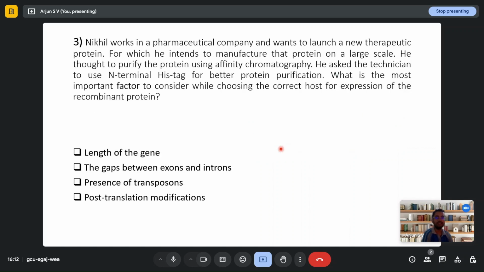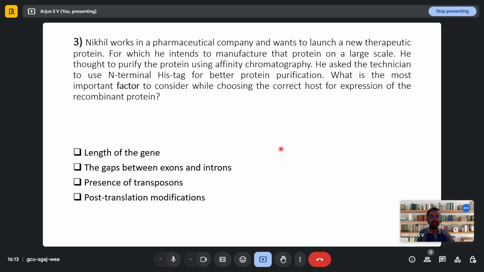So question number three. Nikhil works in a pharmaceutical company and wants to launch a new therapeutic protein, which he intends to manufacture on a large scale. He thought to purify the protein using affinity chromatography. He asked the technician to use an N-terminal histag for better protein purification. We already saw in week 3 that we use this N-terminal histidine tag with affinity chromatography for isolation of proteins and for